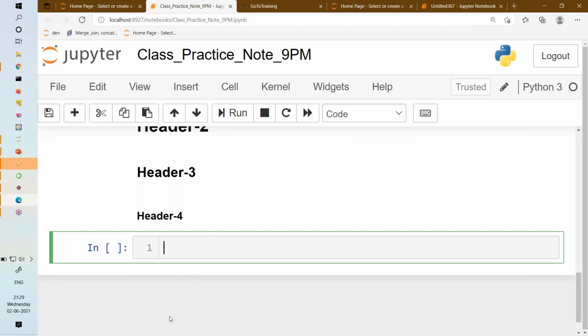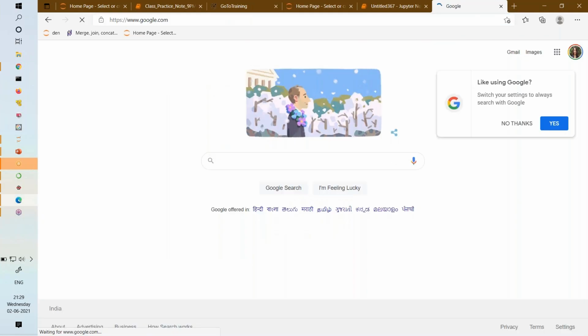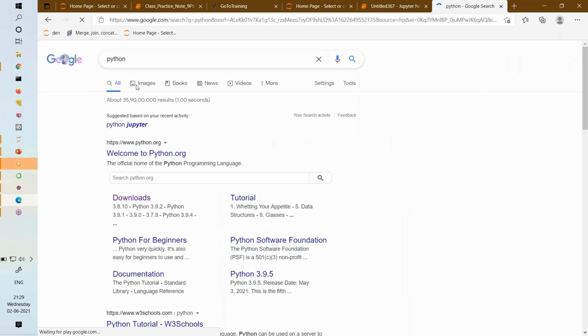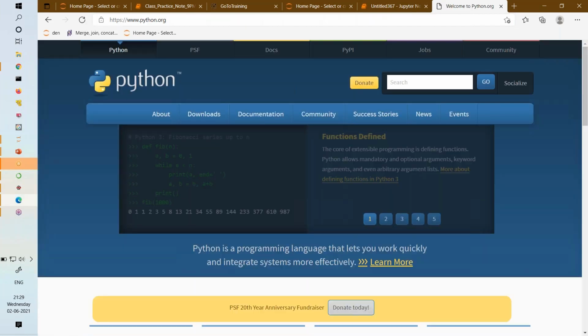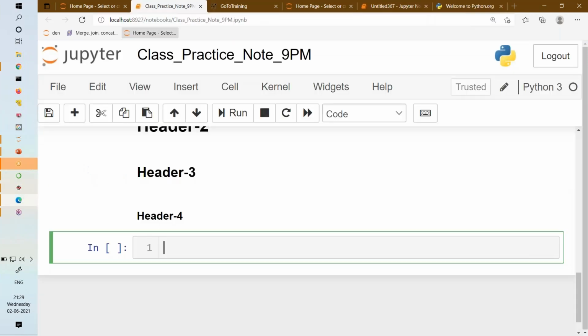Basically you can write your URL link, whatever URL. Let me go to any URL, let's say this Python URL. I want to go to this Python website, I think python.org. This particular URL I want to add. Copy this URL, whatever you want to add. And here, where is that? Here you can type this Python URL within this bracket. So what I'm going to write is this Python URL.